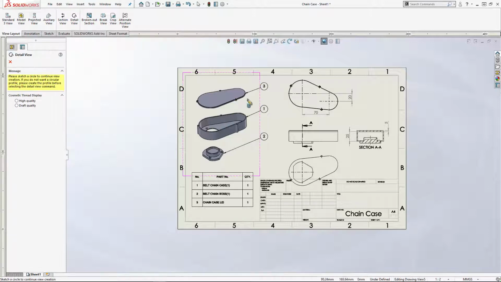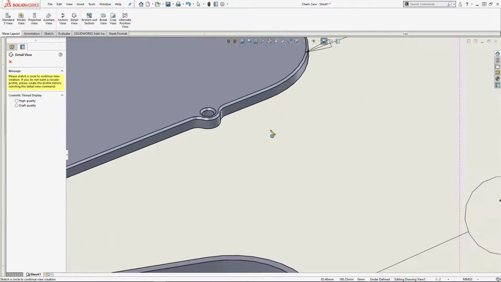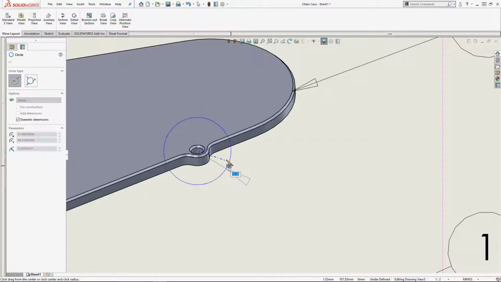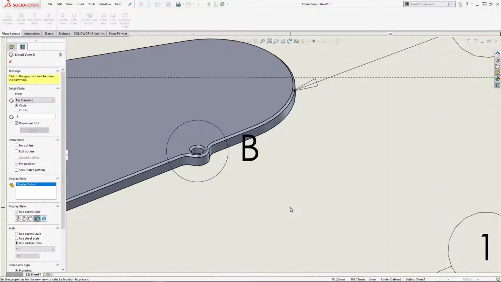Detail view, and what we're going to do here, once I've zoomed in slightly, is we're going to draw a circle. So it's just the sketch circle tool that we've got access to now. The first click is going to define where the center point of the circle is. So click. Second point is going to be the radius of the circle, so how big it is. So let's click about there. It assigns a letter to the detail view